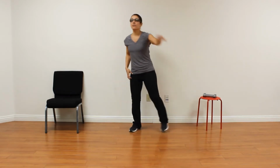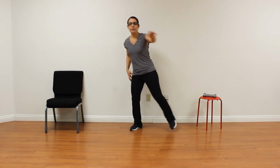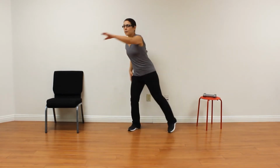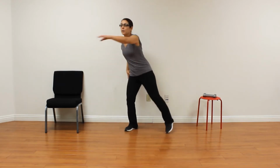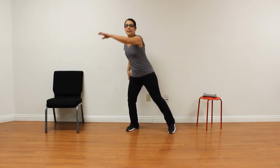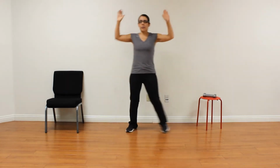Now we bring the arms forward. Tap, take the tap a little bit farther out, and bring the arms forward. Cross in front. We're just warming up. Okay, now bring the hands to the waist, march in place. Now bring the arms right here to the sides, and we bring the arms up, and we go side to